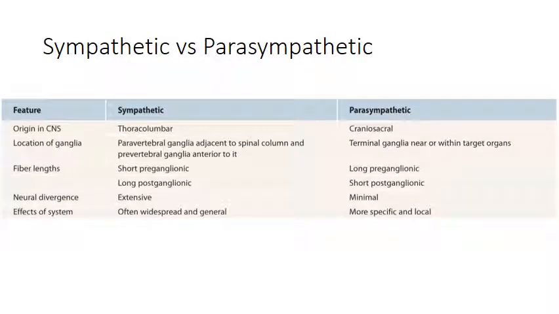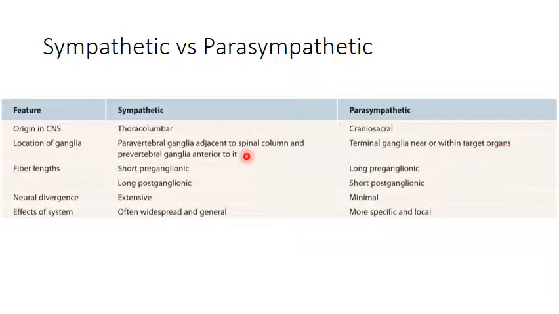Okay, and so here's where I'm going to leave us with this little mini lecture. This is a comparison table of sympathetic versus parasympathetic. So where does it originate? Thoracic and lumbar regions for sympathetic, cranial and sacral regions for parasympathetic. Where do we find the ganglia? So in the sympathetic nervous system, we have those ganglia that are longitudinal along either side of the spinal column. And then in this parasympathetic, our ganglia are going to be really close to that target